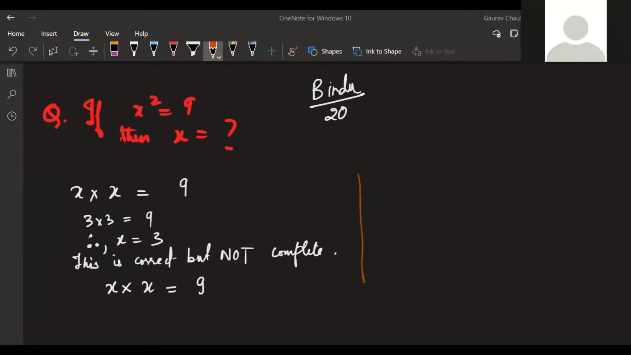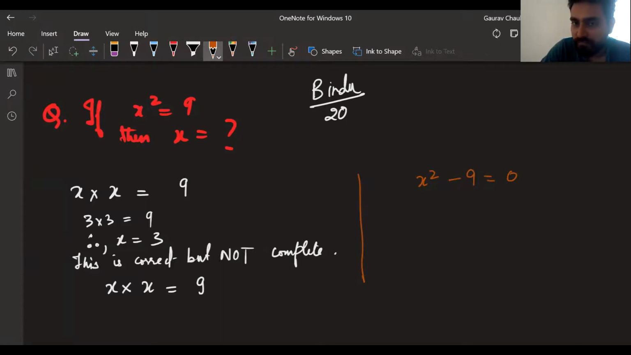Sir, first I wrote it in the standard form, sir. So it will become x square minus 9 is equal to 0. Then if we solve that, we'll get x minus